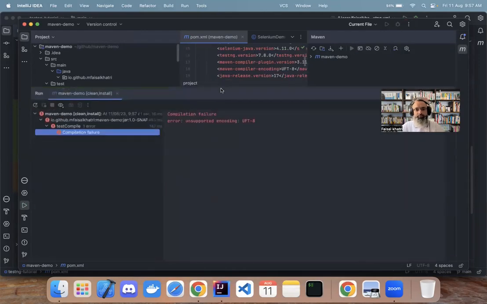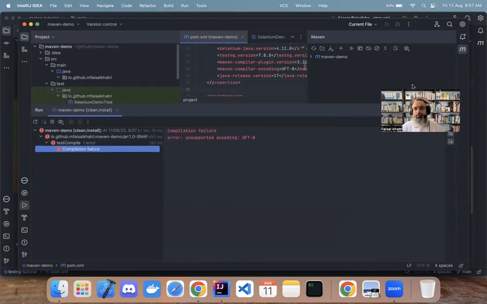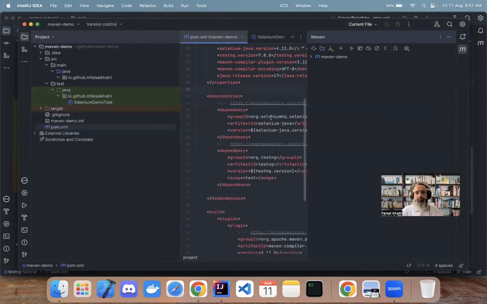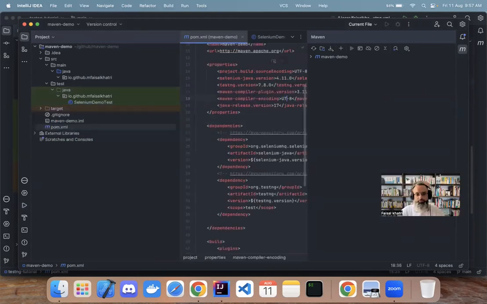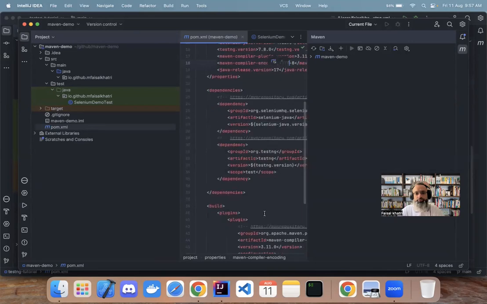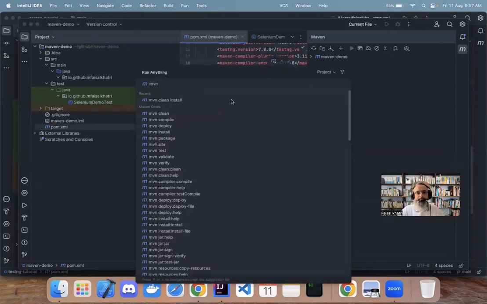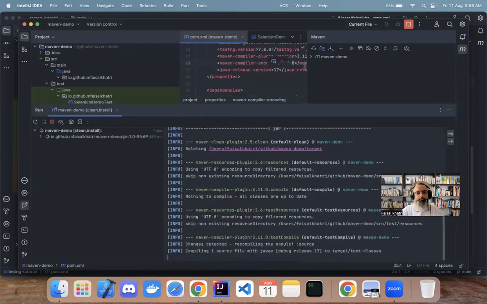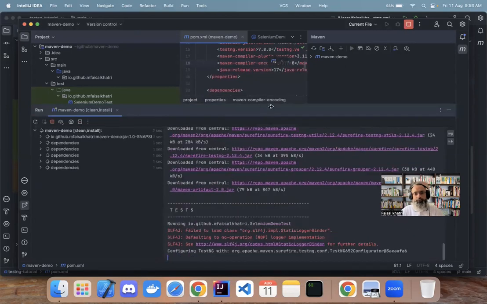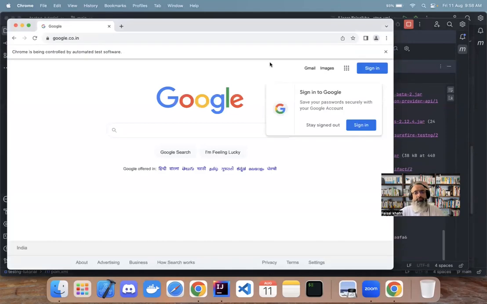Once you run the command, it says unsupported error. I think I have updated the wrong encoding. It should be UTF-8. Okay, and as you can see,